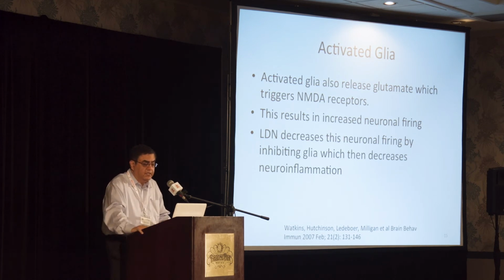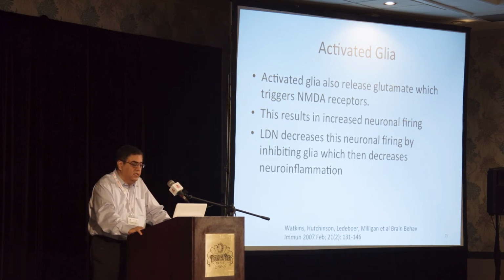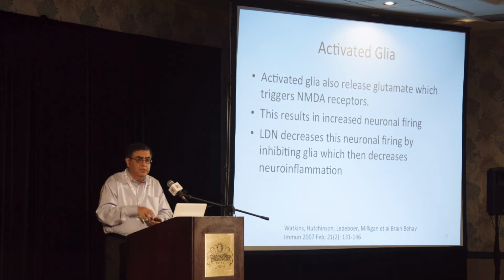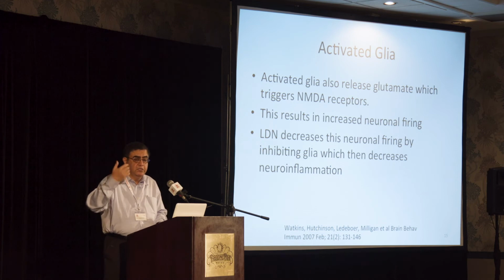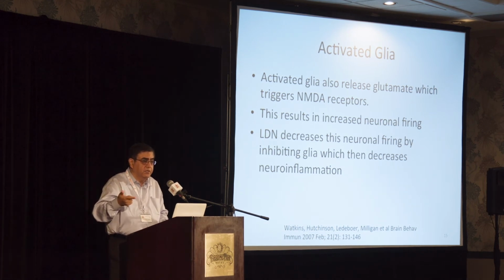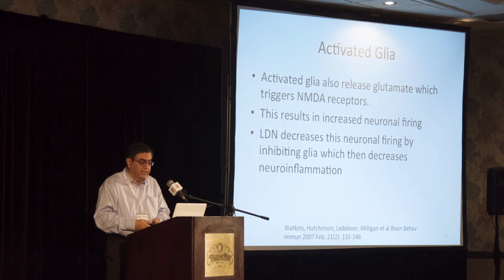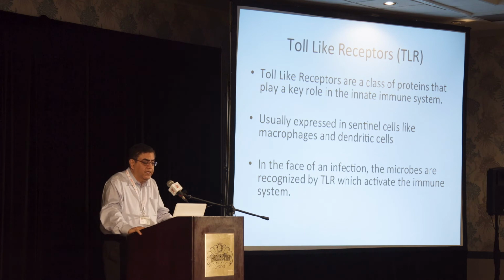And this is where LDN comes in. LDN decreases this neuronal firing by preventing these glial cells from getting activated. So LDN will prevent the glial cells from getting activated, which decreases neuroinflammation. It also acts on the NMDA receptors to prevent them from getting excited. The next thing I want to talk to you about was Toll-like receptors, where